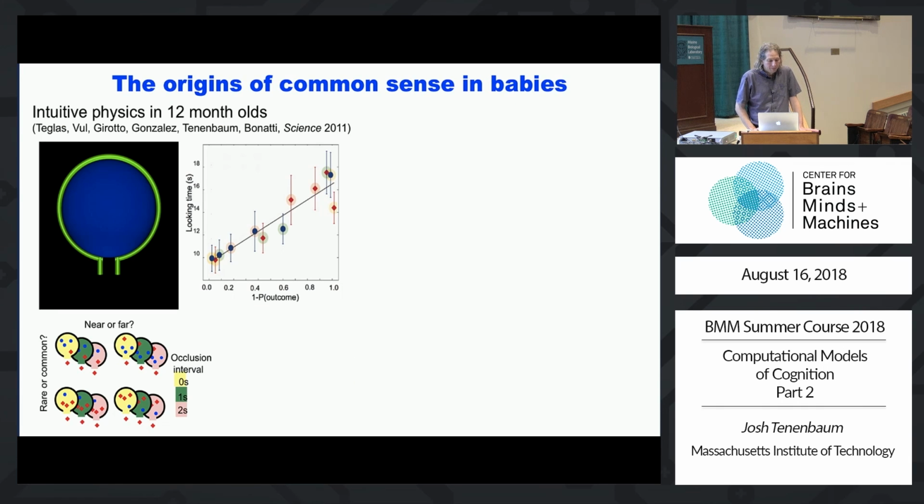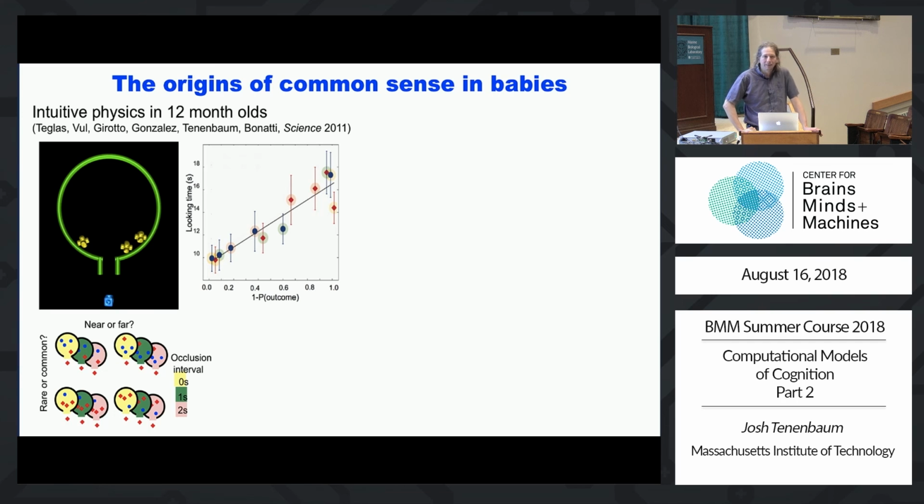Okay. I'll just show you two examples of other infant studies because, again, mostly I focus on adults, but you can actually test these models quantitatively with kids, with young kids. So with 12-month-old infants, in collaboration with Luca Bonatti and Erno Teglis, this was work that Teglis did as part of his PhD in Bonatti's lab. We tested these probabilistic intuitive physics models, and I won't go through the details of how we did it, how really they did it. Teglis and Bonatti and their colleagues did all the hard work. Vul and I contributed a little bit through some models.